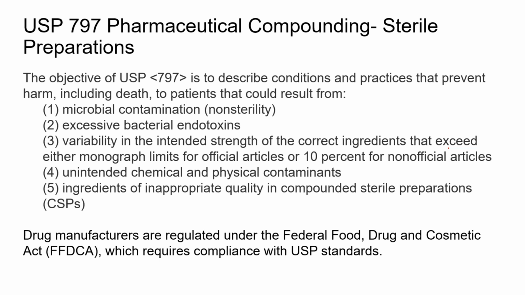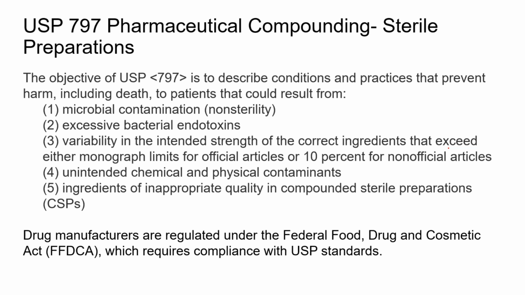So this document, which I actually have right in front of me, is a total of 43 pages. It's just a little bit of light reading for a Sunday evening. So I highly recommend that you guys go ahead and download the USP 797 if you have not already done that. So the objective of USP 797 is to describe conditions and practices that prevent harm, including death, to patients